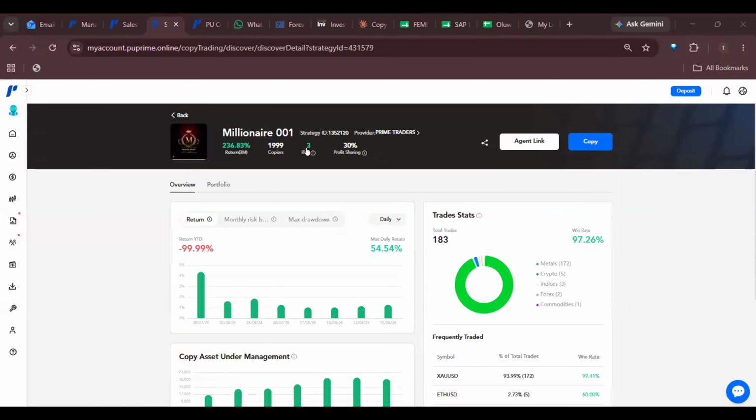Then aside from these two, you look at the risk now. The risk percentage of this particular copier is just 3%, which is very, very good. Henry also talked about profit share ratio, which means